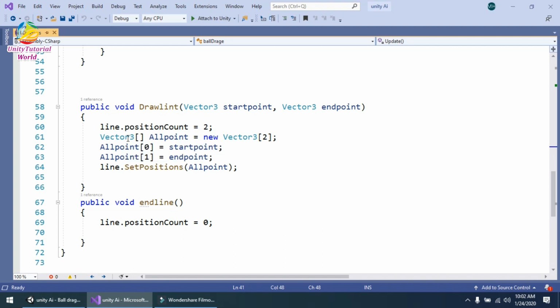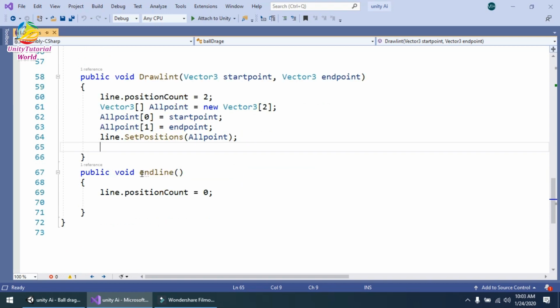And I create a simple array, Vector3 allPoints equal to new Vector3 with 2 indexes. allPoints[0] is equal to the startPoint, and allPoints[1] is equal to endPoint. Then line.SetPositions is equal to allPoints, so we give the positions where we want to draw our line. When we drag our mouse, it will create a line between these 2 points.